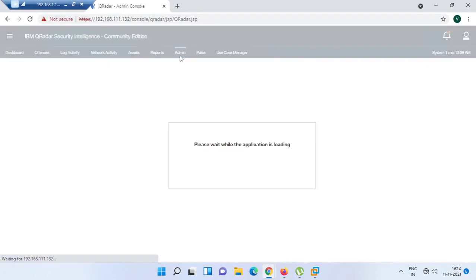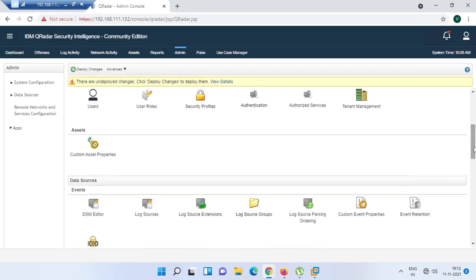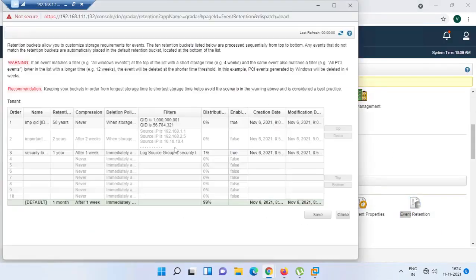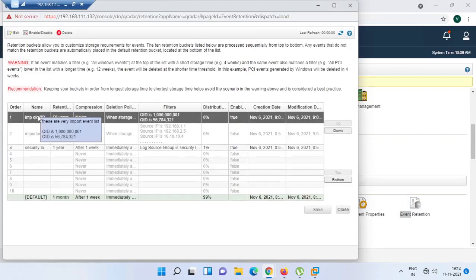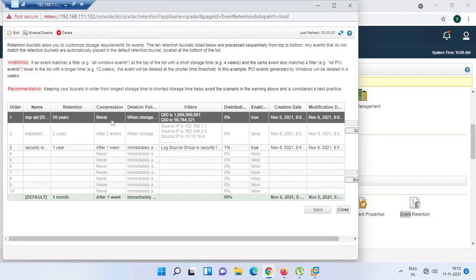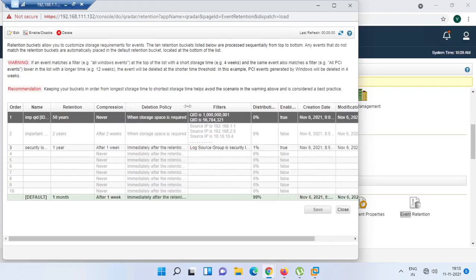So in event retention, what is data retention basically? So this is called event retention. I explained how to set it up. If it is an important QID, then you can keep it for a retention of 15 years, and you cannot do compression. For the policy, you give the description and the important filters.